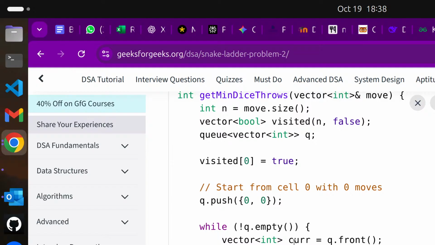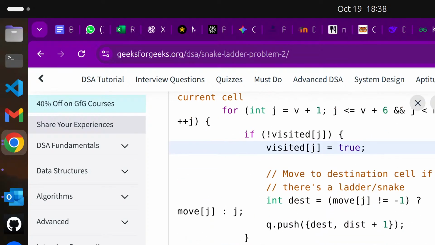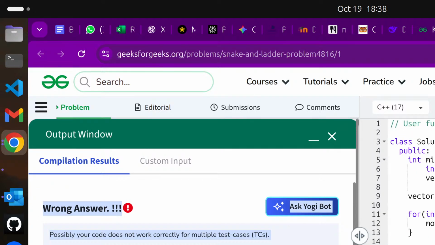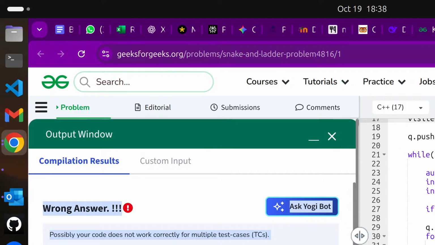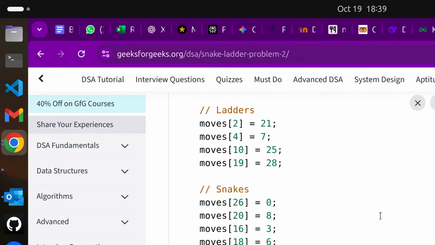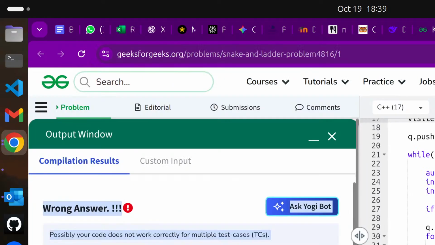So what is the difference between this code? Then